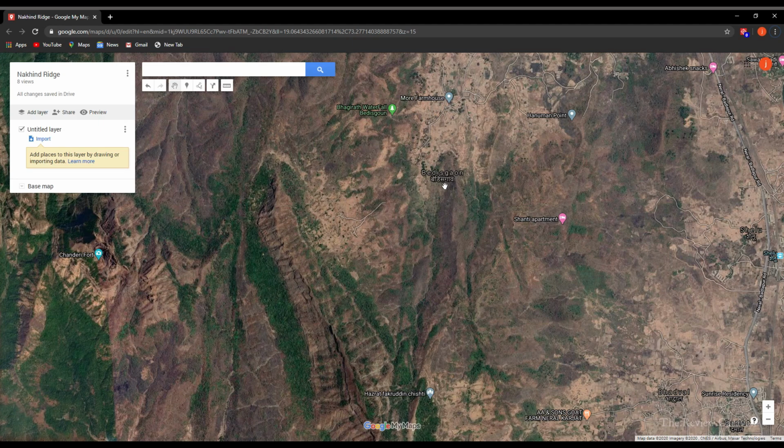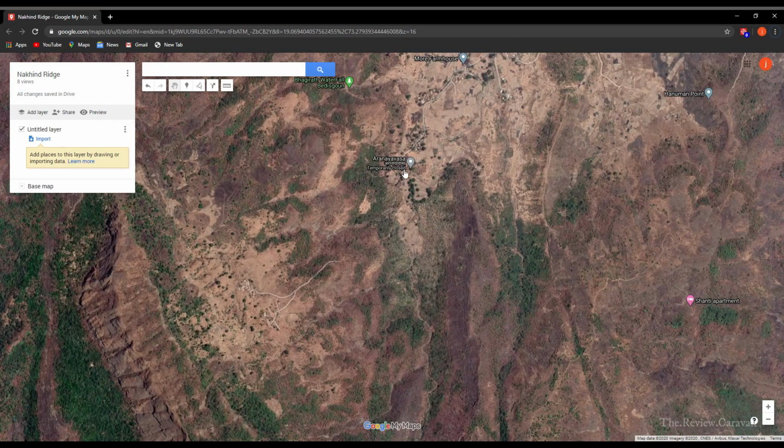Firstly, we'll try to figure out the last point up to which one can travel by vehicle near the Nakin Ridge. And these are the motorable roads which end in the Bidisgaon village. And Ranyavasa is the last point up to which one can travel by vehicle, and from here on one has to travel on foot till the Nakin. So we'll try to construct the trails, and we can see these faint trails which lead us up ahead. So I'll just join them.